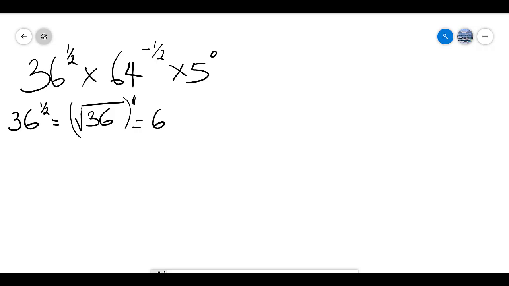Then I come to the second term, which is 64 raised to power minus 1 over 2. I will still apply the same method. What is the method I can apply? I could decide to say that I have my 64 in the box and I have my 2. Of course, I have already told you that 2 is not necessary. You can put 3 there. If it's any other number apart from 2, you can go there. Then remember that